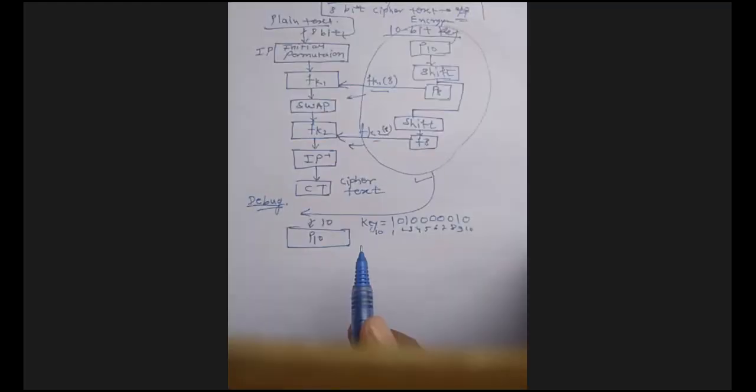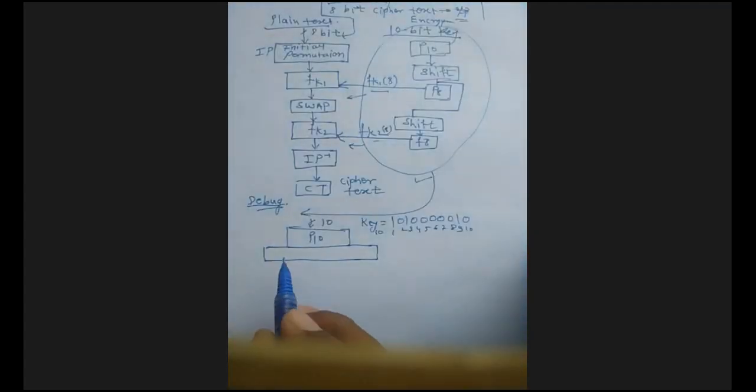Okay. Now this is the 10-bit key. They have said that suppose I have to perform the initial permutation. For the initial permutation, the numbers they have given, I am writing the initial permutation numbers over here so that it is easy for you to understand. This is the standard permutation that I have already shown you.